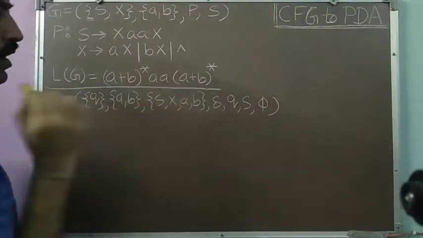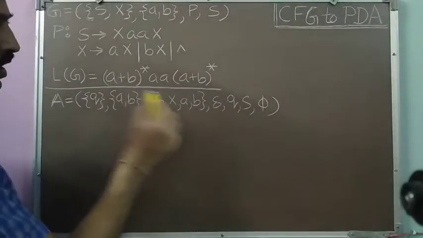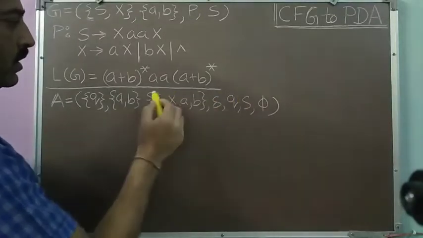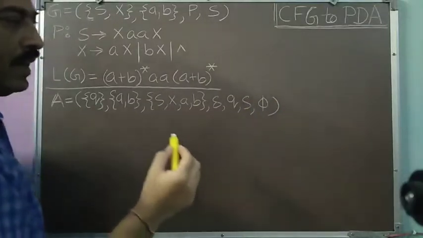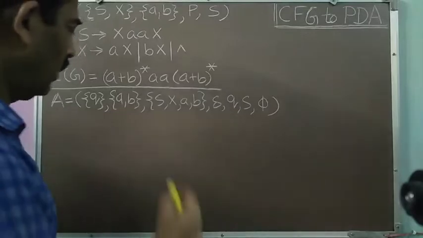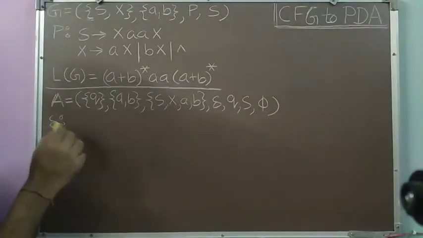These will be in the symbol gamma. Delta we will be writing. Then q0 is the only state Q, and Z0 is the initial pushdown store symbol, that is the start symbol of the grammar, that is S. And because we will accept by empty store, the set of final states is phi. Now we will be writing delta. So delta will be defined as